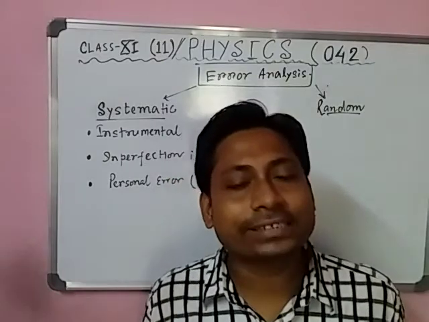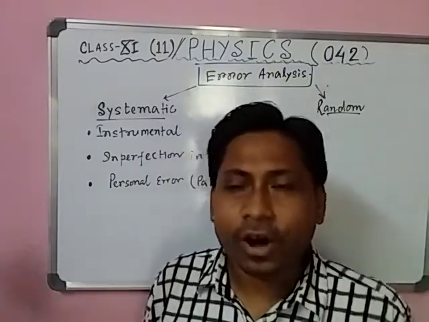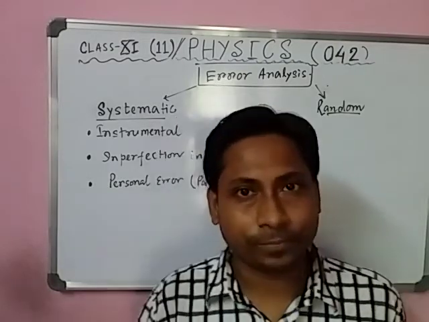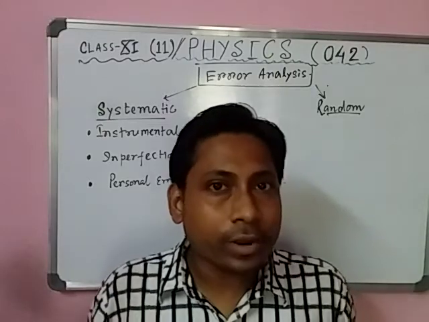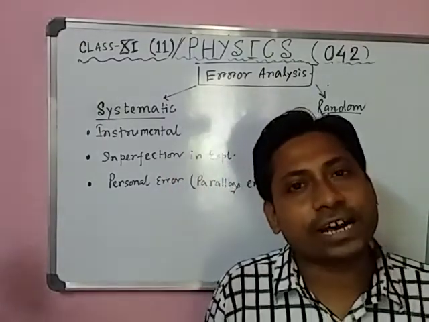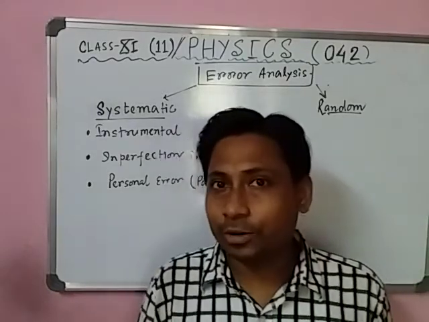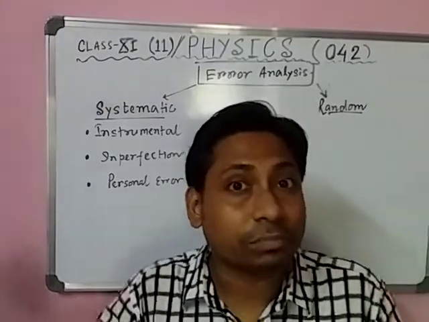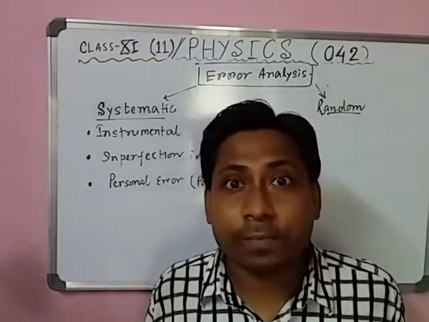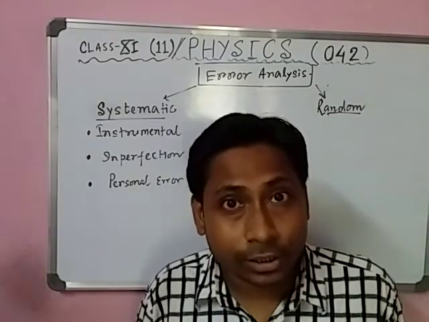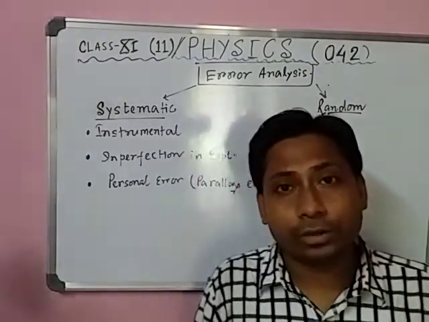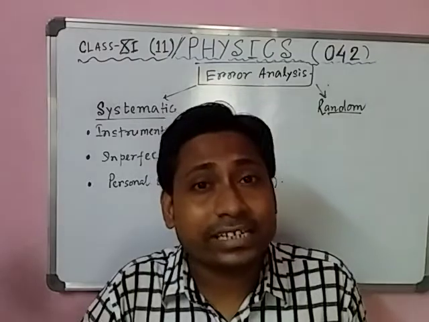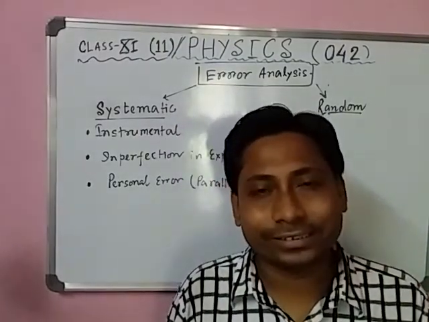Students, in any scientific investigation or any project, we depend on some experiments. In any experiment, we need to measure various types of physical quantities. During measurements, we come across many types of errors because after all we are human beings and we are using some instruments. So errors are always involved in measurements. In any measurement, there is a degree of uncertainty, which is called error.